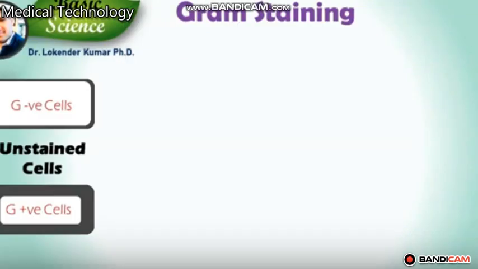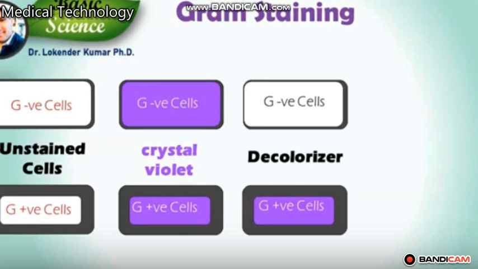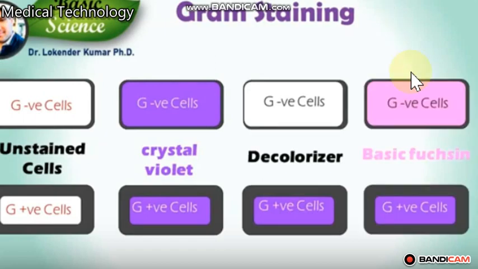This is the unstained bacteria, gram-negative and gram-positive. When you put crystal violet, the gram-negative bacteria and the gram-positive bacteria will appear blue. When you add the decolorizer, the color is removed from gram-negative. Finally, gram